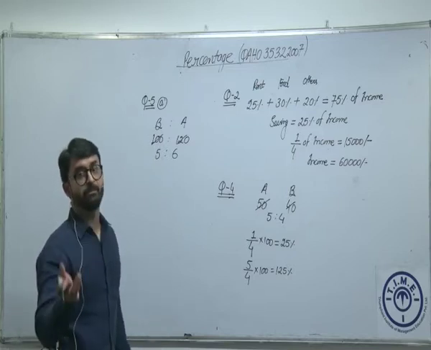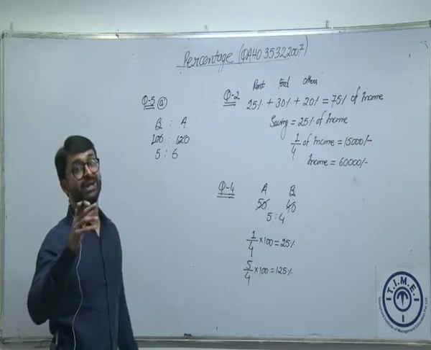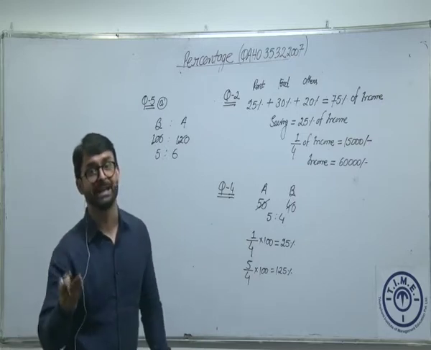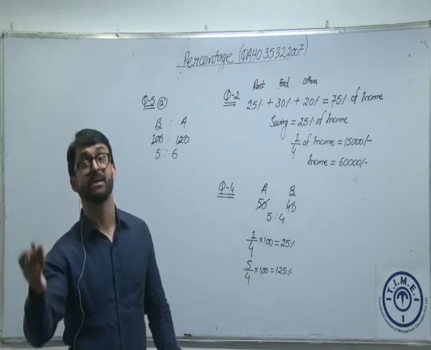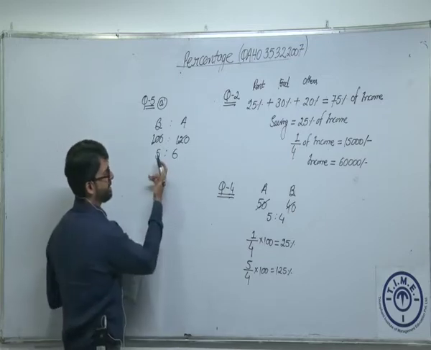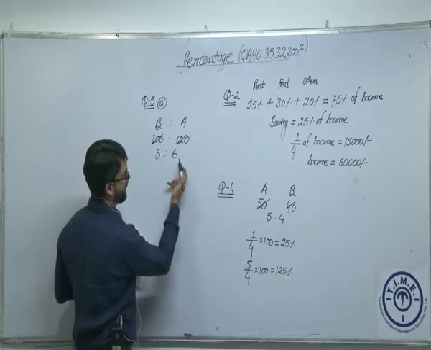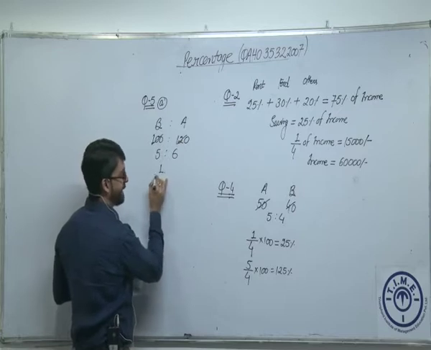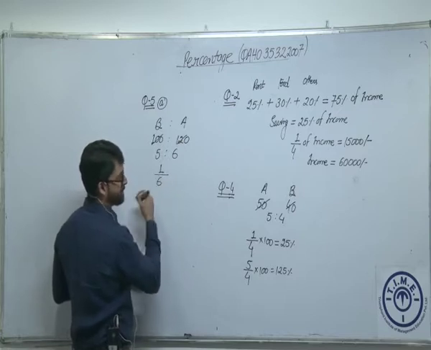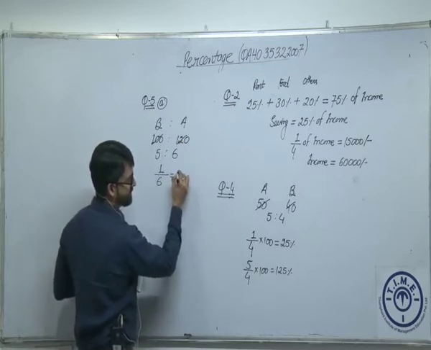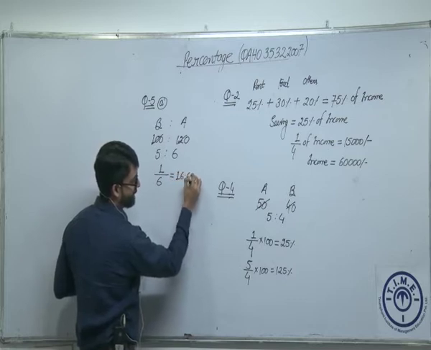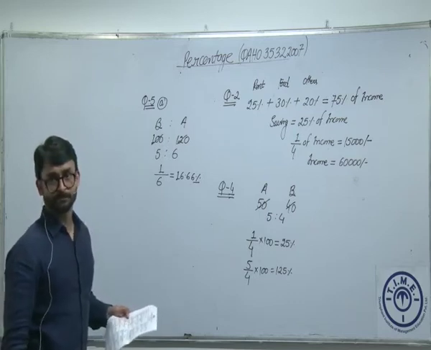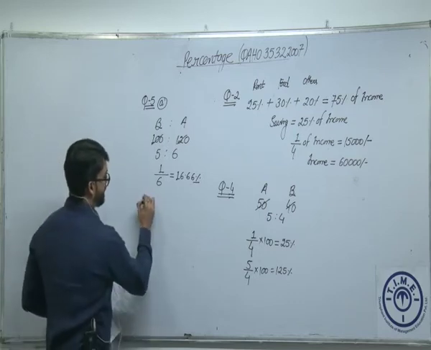कंपेयर किसको करना है? बी की सैलरी के डिफरेंस को ए की सैलरी से कंपेयर कर रहा है, क्योंकि उसने बोला है बी का सैलरी ए के सैलरी से कितना % कम है. तो रुपए में तो हम बता सकते हैं, अगर इसका सैलरी 5 रुपए है, इसका सैलरी 6 रुपए है, तो ये इससे कितना कम है? 1. किससे कंपेयर करना है? ए की सैलरी से, which is 1/6. We know what is 1/6? 16.66%. I hope this is okay. Fine. So let's move to the B part.